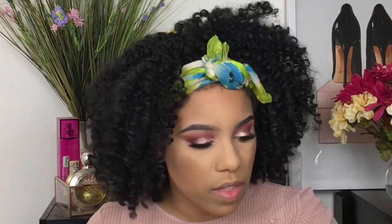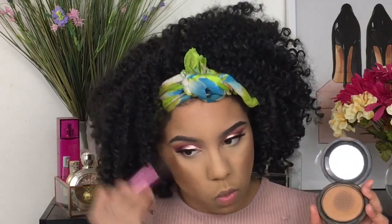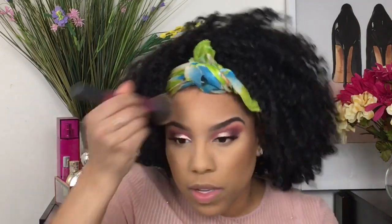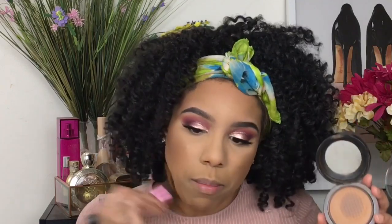And I'm going to mix that with my MAC Mineralized Skin Finish in Dark Deepest. I'm actually hitting pan on this. But this color really warms me up, which is why I use it all the time. And it's perfect for my skin tone. So if you're my complexion and you're looking for a good bronzer, definitely check out the MAC Mineralized Skin Finish